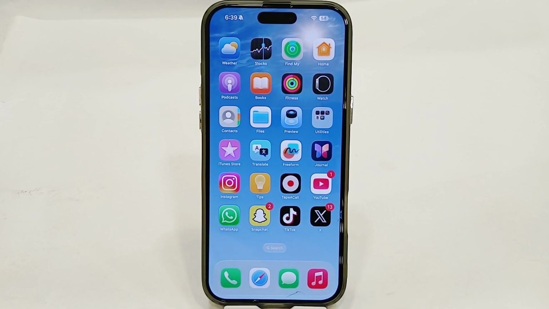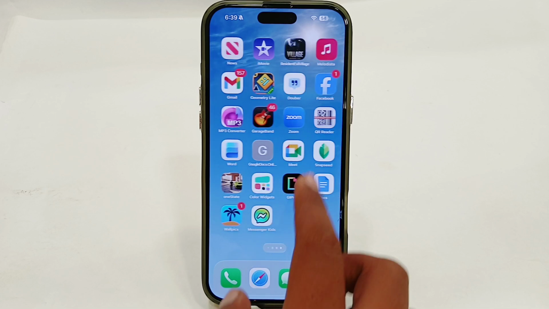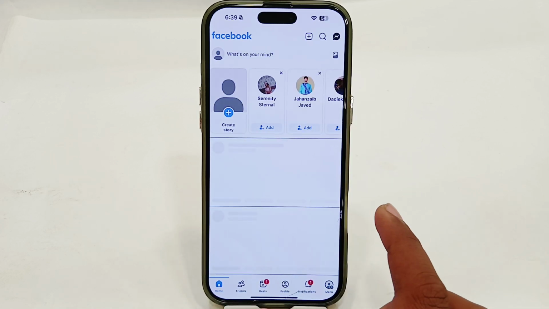Hey guys, today I'm going to tell you how to delete your Facebook account from iPhone. If you're using any iPhone and you want to delete your Facebook account from your iPhone, let's see how you can do that. So you just have to simply open your Facebook app, and here you have two different ways